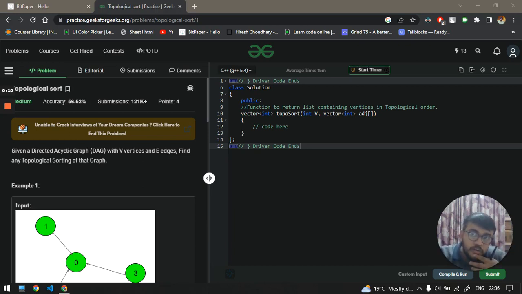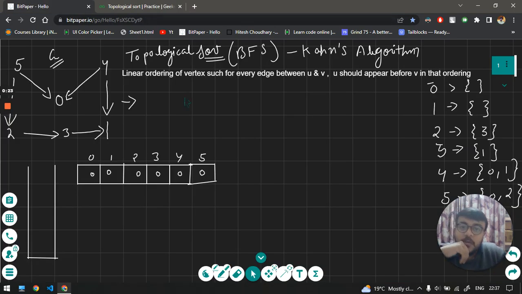So the question is topological sort. Actually, this question I have solved in a previous video of mine, but I solved it in that video using the DFS algorithm. Now in this video, I am going to solve this question using the BFS technique, that is known as breadth first search, which for topological sort is also known as Kahn's algorithm. So in this video, I'm going to discuss the details of Kahn's algorithm for finding the topological sort of